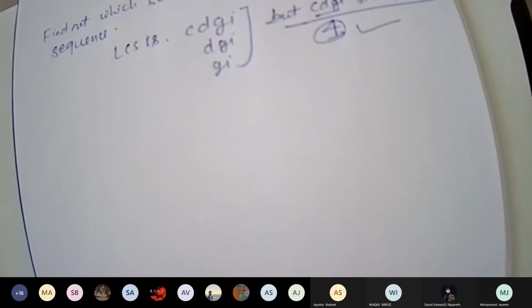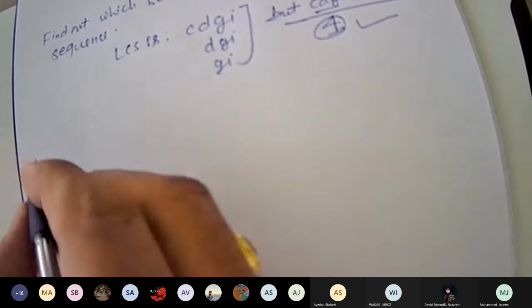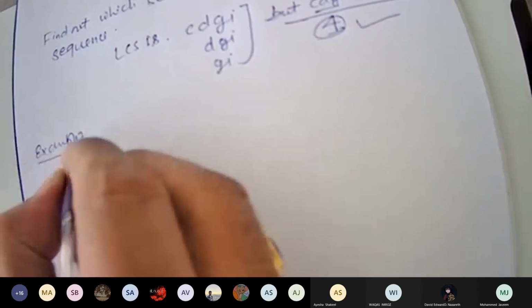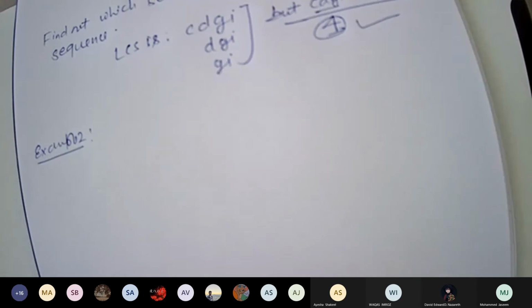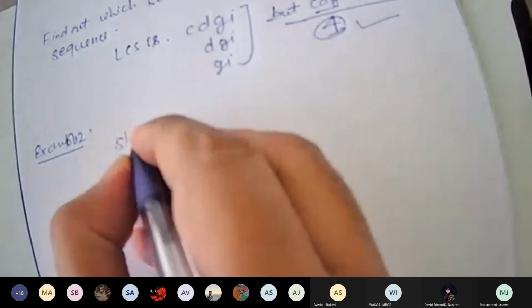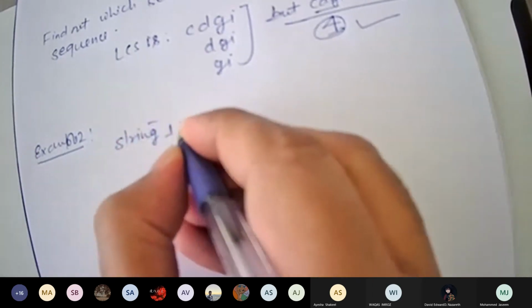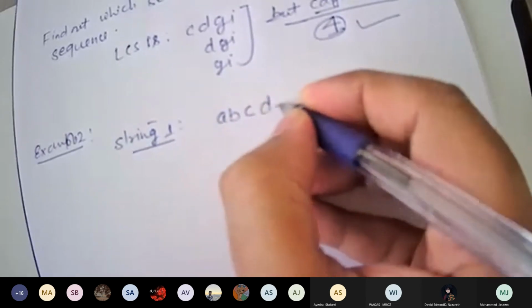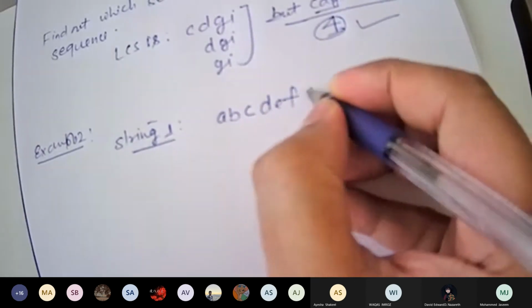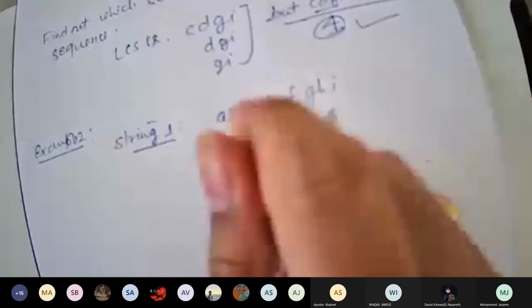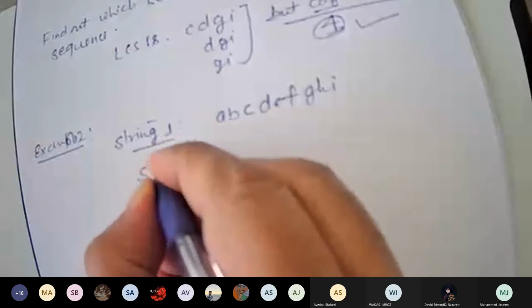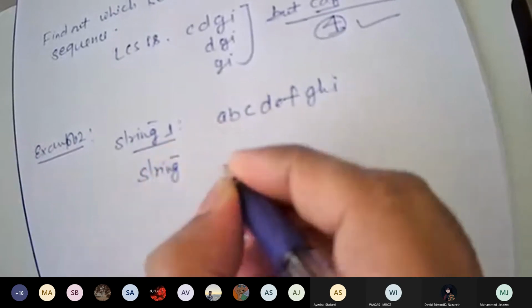I will take one more example. Let's take example 2. Let's take one string A, B, C, D, E, F, G, H, I. Same string. And string 2 is different.